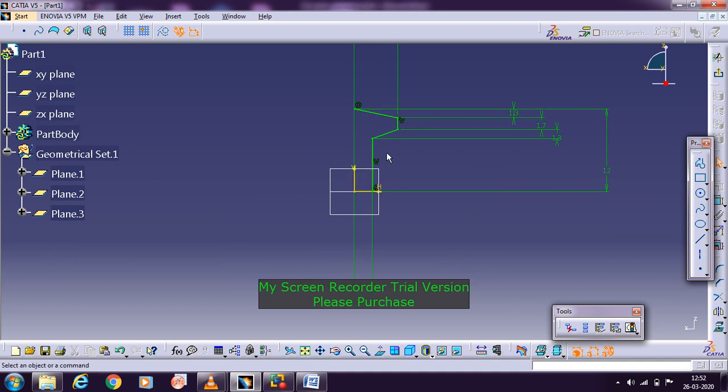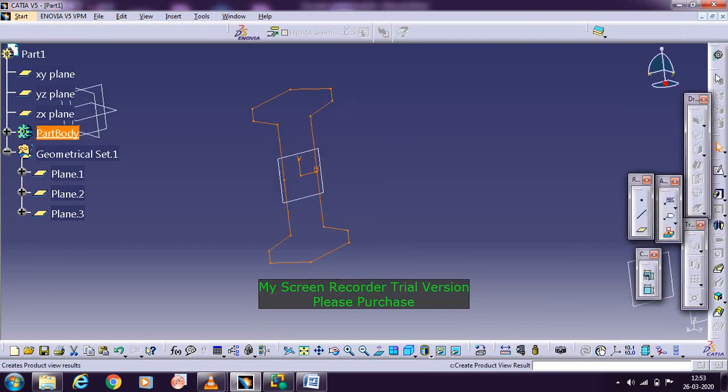To get the full one, you need to go with mirroring. Select this eye section, go with the mirror, and select with respect to this line. Similarly, select all the lines. For selection, press and hold the Control button, and then select all the lines which you want. Go with the mirror and then select with respect to the horizontal axis, so that you will be getting the eye section. Now we got the eye section for the height of 12 here, and 12 here, 24 mm.